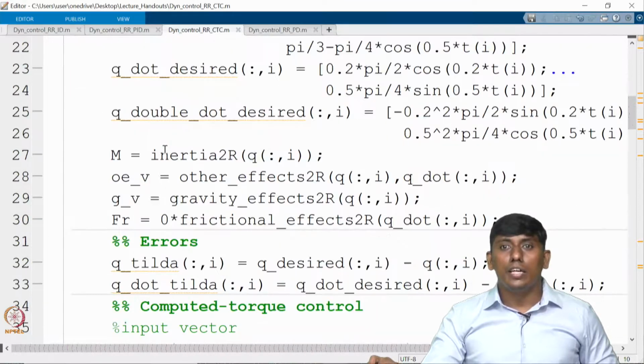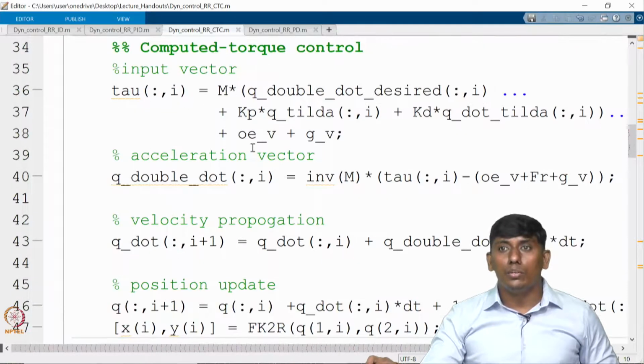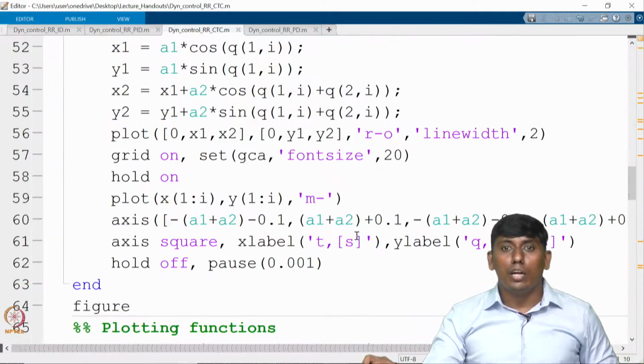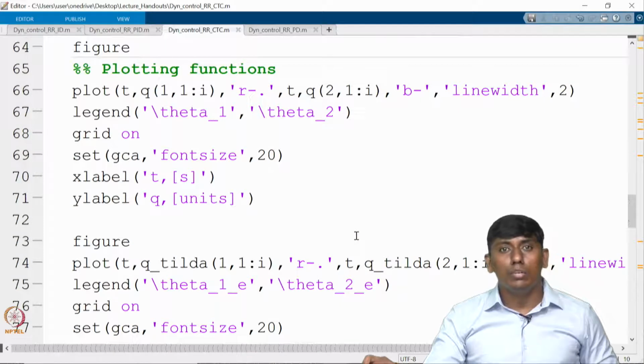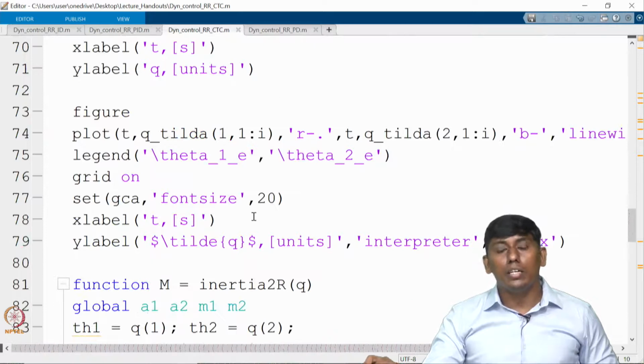Then we calculate q tilde and q dot tilde, and the control law is used this way. Earlier we plotted only time versus q, but here we are plotting time versus q tilde in addition.